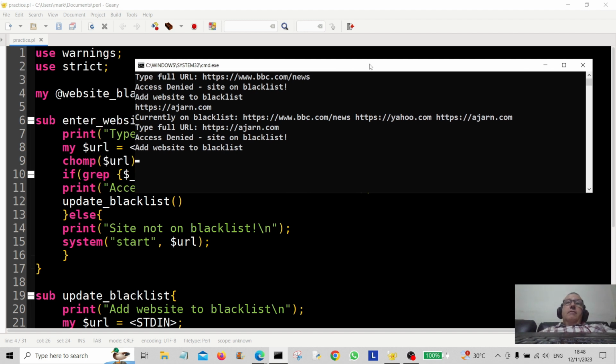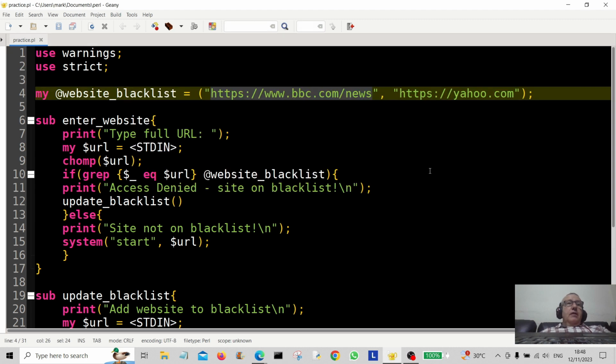So you can add as many sites as you want to the blacklist and it will store it in the array there. So hope you enjoyed that,